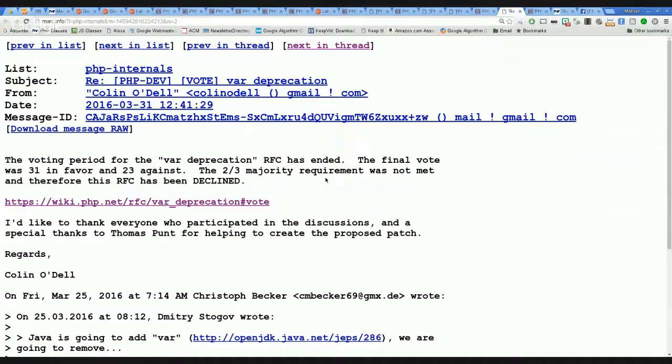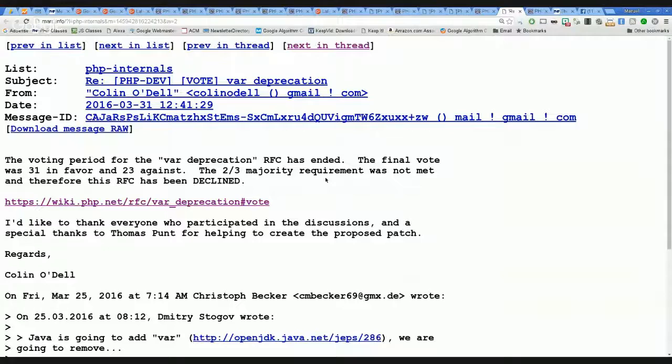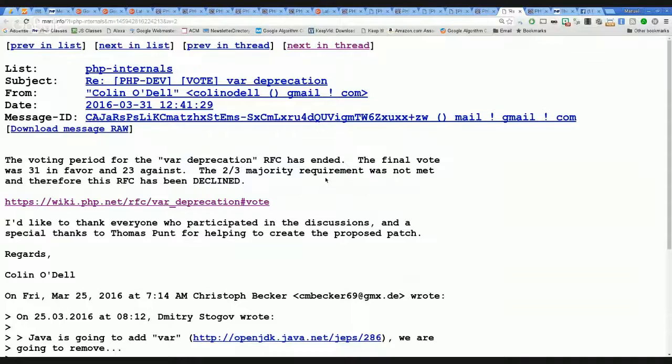Well, what they mean is that if you are going to replace var with public, you might as well replace function with public. You need function for closures, for anonymous functions. No, I mean in class declarations. Oh, okay. Yeah, true. So to be consistent, I think it would have to deprecate both.